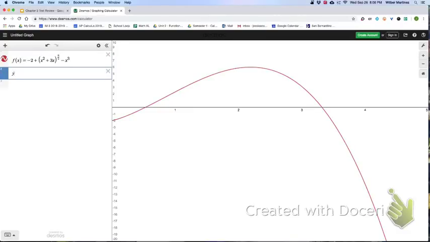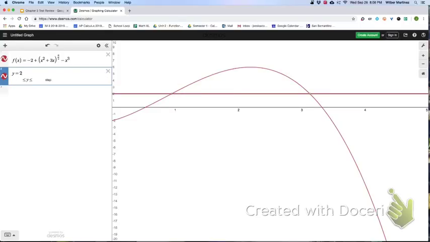So on your graphing calculator, you would type in the function 2 for y2. You already have this function typed in for y1. And you can see, just by looking at it, that it's going to intersect twice. You can just use the intersect feature on your calculator to find those points